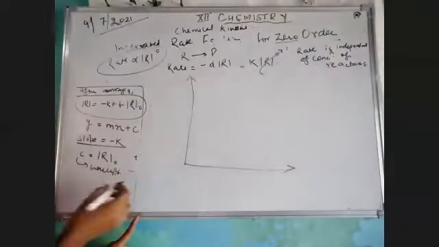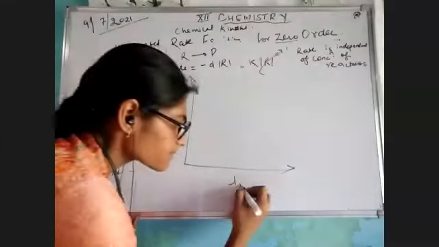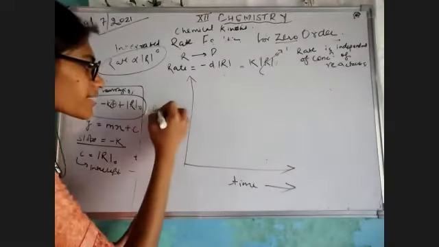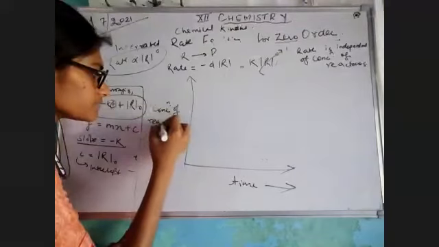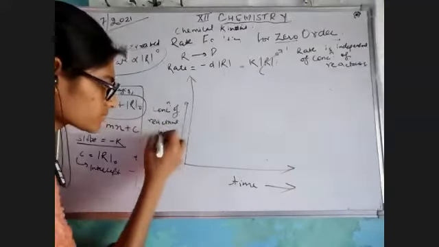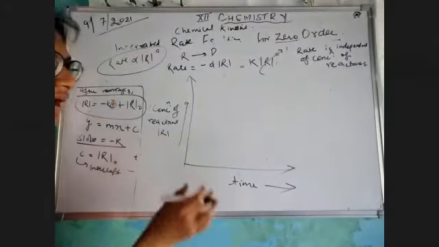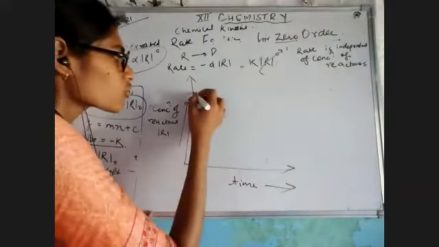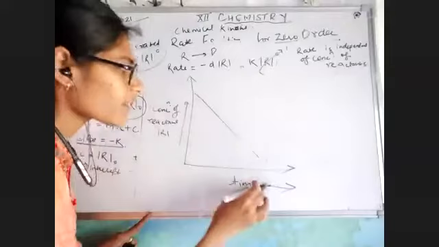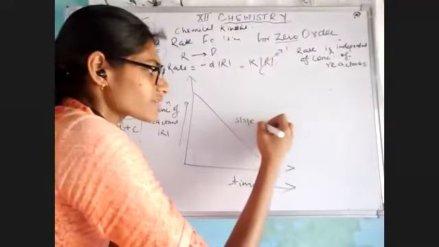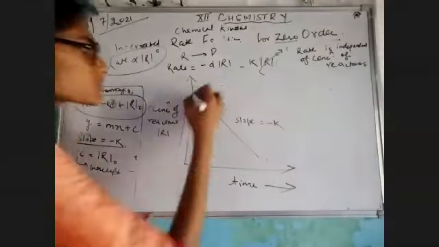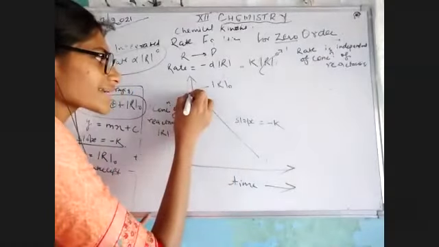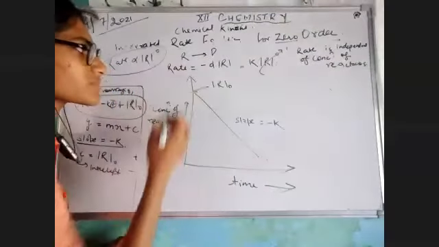On the x-axis, what have we taken? t, time. On the y-axis, what have we taken? Concentration of reactant, that is r. Okay, हमने अपने x और y ordinates को ले लिया, but what about the slope? That is minus k. Negative means my slope is in the negative form. That means my reaction is getting down. This is the slope, which is mentioned as negative k. And finally, the intercept is known to be r naught. Intercept is something at which we have taken the y-axis at the 0 point. That means r naught is my intercept. This is the origin.